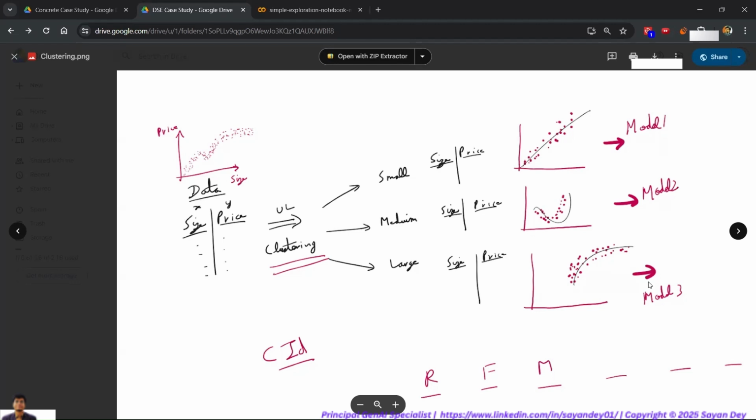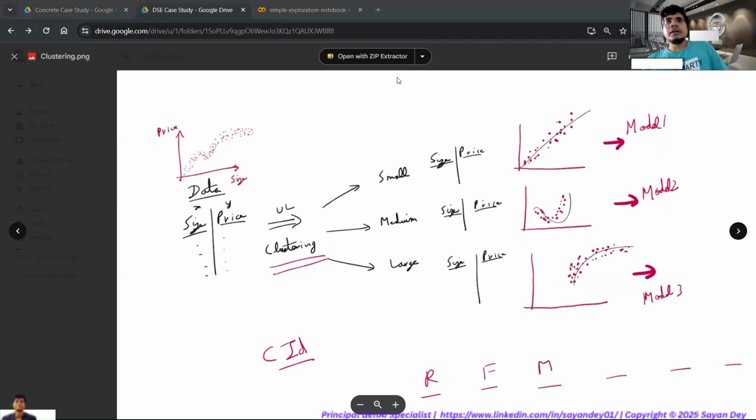And then what happens when we get new data? When new data comes, first we will figure out what cluster that data belongs to. Whenever we get some new data, first we figure out what group or cluster that particular data belongs to. And once you figure out the cluster, for that particular cluster, you apply that particular